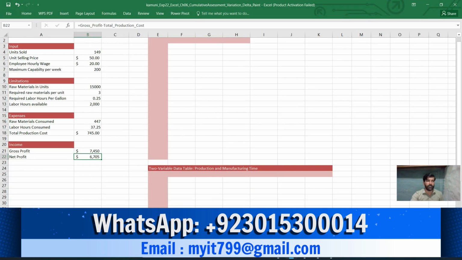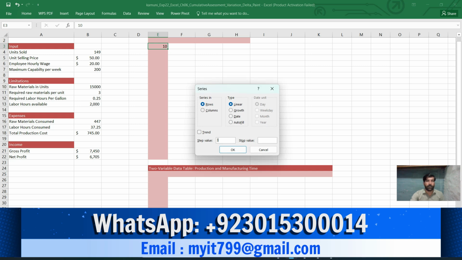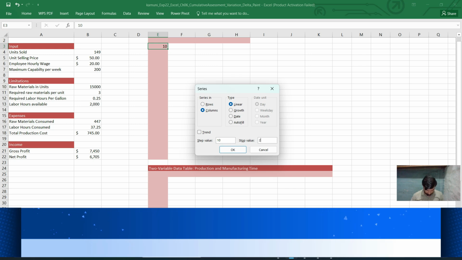Okay, E3 in the forecast sheet. This is the forecast sheet and this is E3, and I put here 10. After putting the 10 I move into the Home tab, and then in the Fill option, Series, click on Column, step value 10, and stop value should be 200, and just OK.